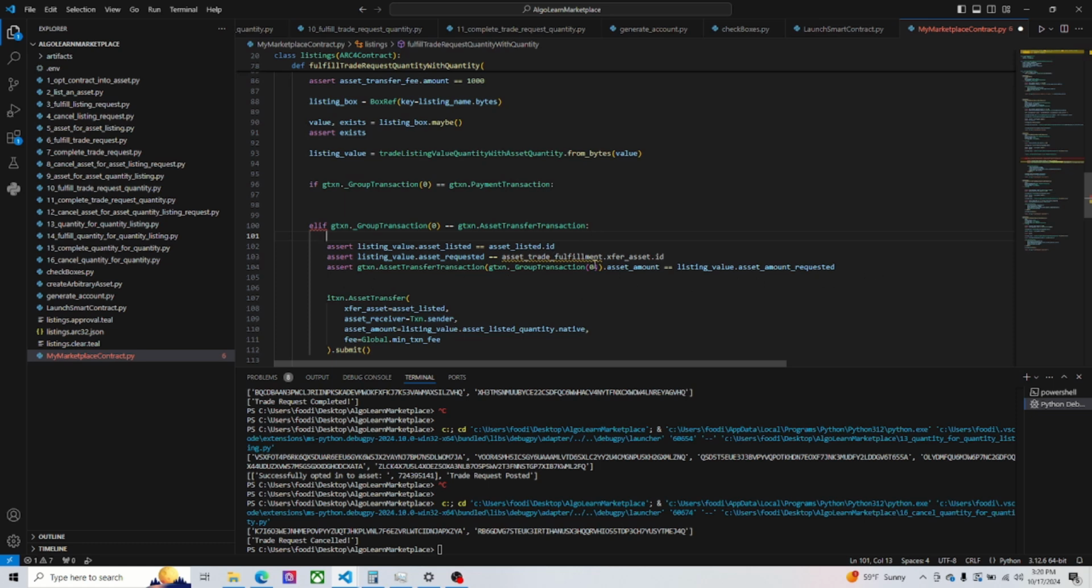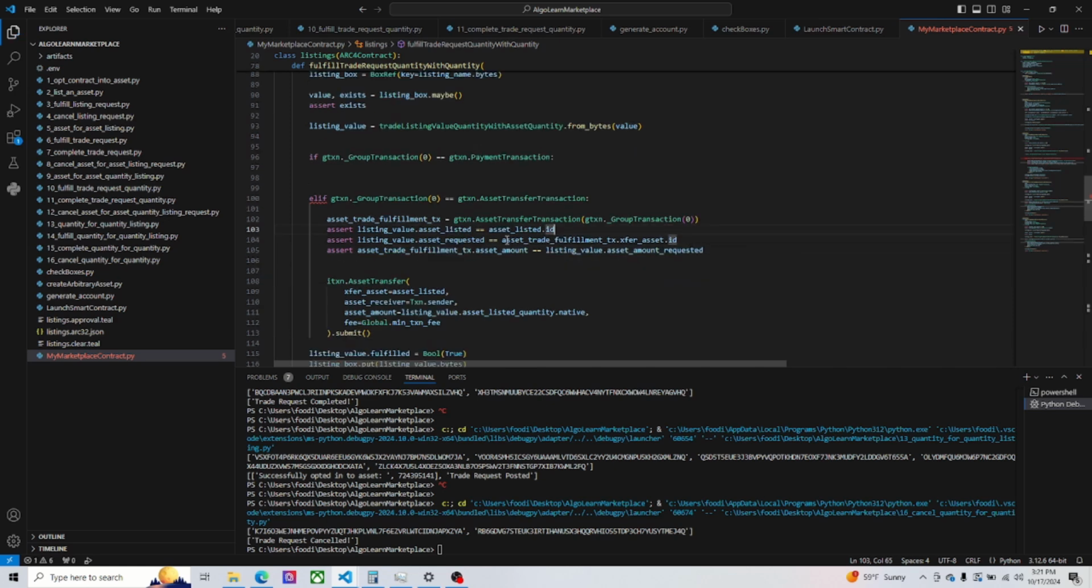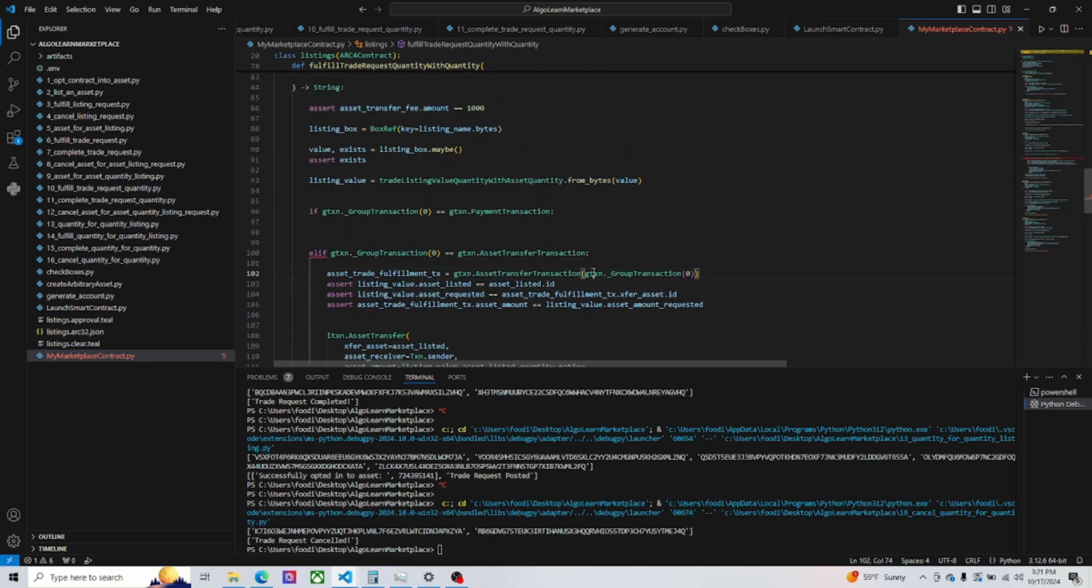And if it's not, and same thing here. So what we can do actually is state here the asset transfer transaction or asset payment transaction or the asset trade fulfillment transaction is equal to an instance of an asset transfer transaction from the first transaction in this group. And then we can use this over here and this over here. And then we transfer. And then if it's not,